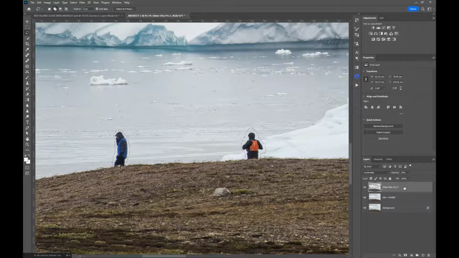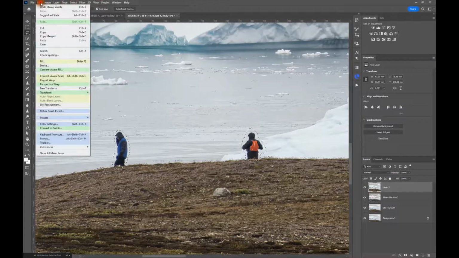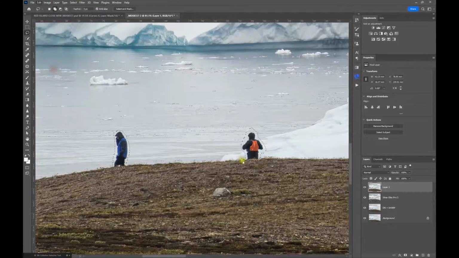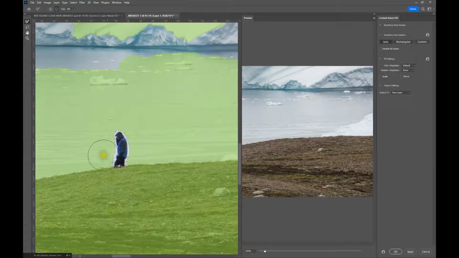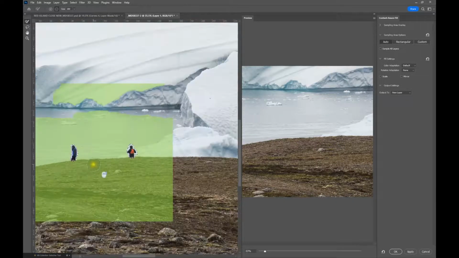So to do that, we use the shortcut Control Alt Shift and E, or Command Alt Shift and E, to create a new composite layer that we now have this selection applied to. And if we go back into Edit Content Aware Fill, Photoshop will work its magic. Now we've got two people here that we want to get rid of, and you'll see here that it's sampling from some areas we don't really want it to sample from. I don't need that glacier as part of the sample,